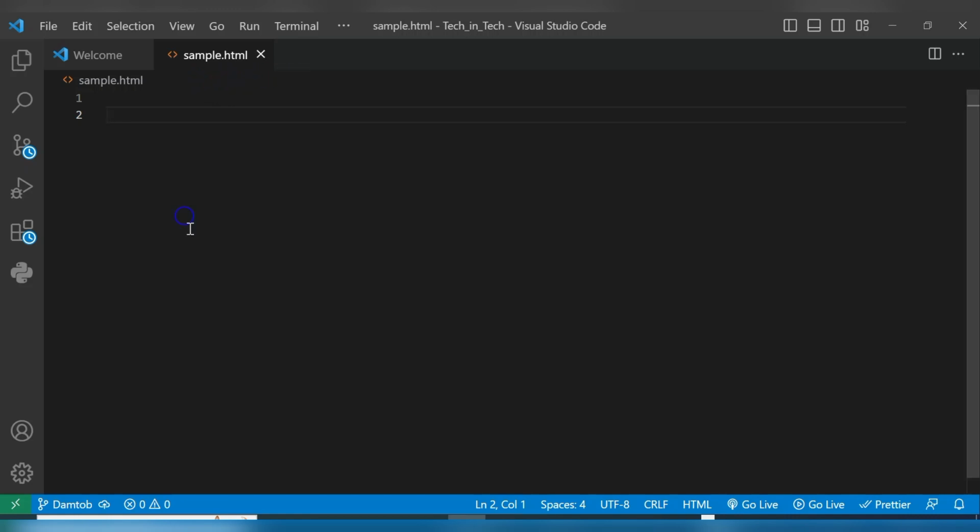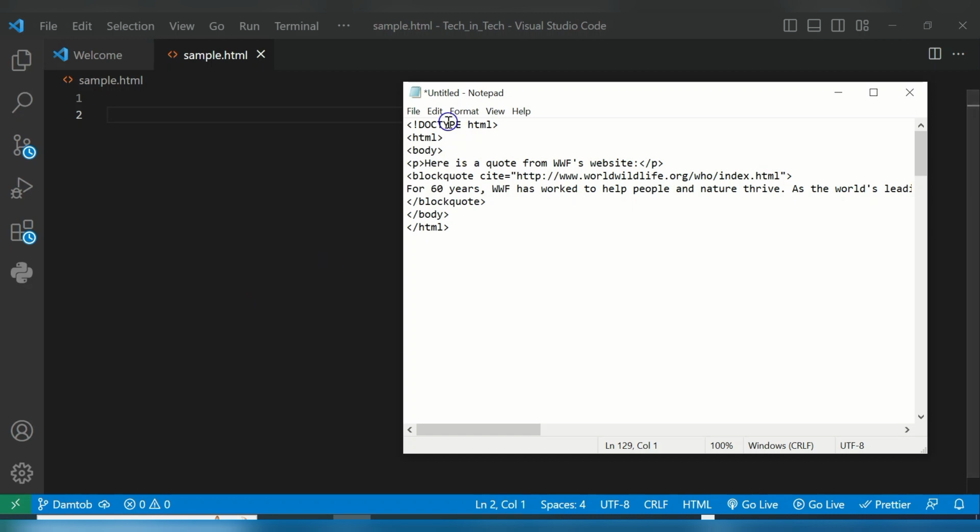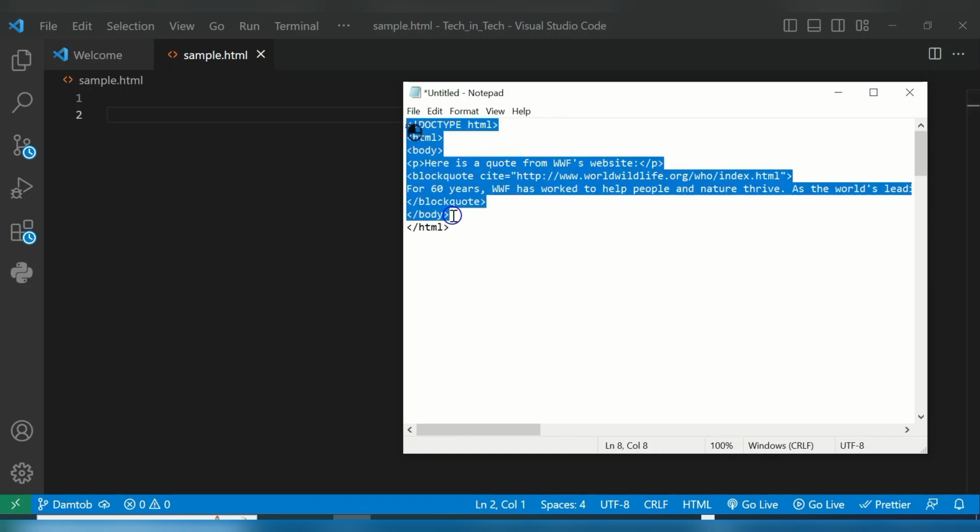Or if you want to create a folder without opening your VS Code first, you go to your file manager, you create a new folder, name it whatever name you want, then you right click on it and open it using VS Code. Then after opening it through VS Code, you see the option to create your HTML file. So now let's copy our code. I have a code copied already on my notepad. So I'll copy this